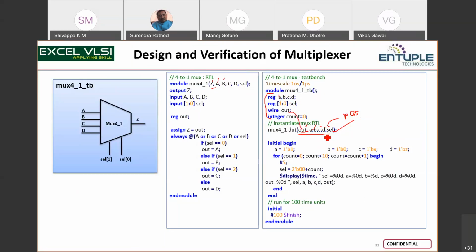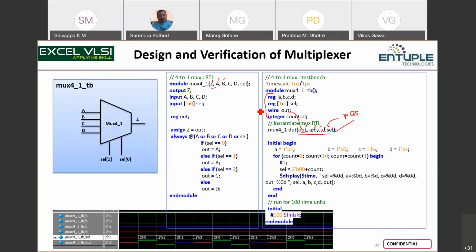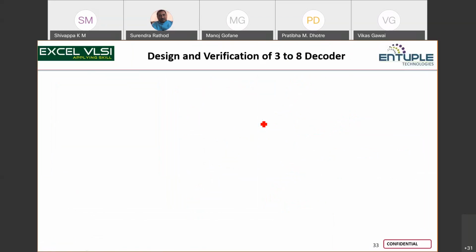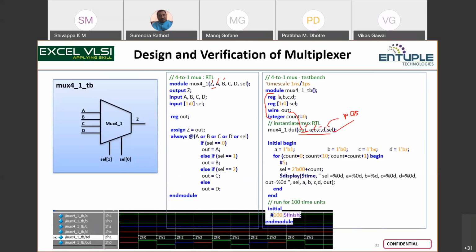Okay. And now this is the test bench that we demonstrated to you. I picked up the verification part separately to give an introduction about verification and then construct the test bench for all of this. So now this is the simulation you also saw yesterday: based on the select, the output is receiving the specific input. So typically we write a test bench and also we prepare a formal